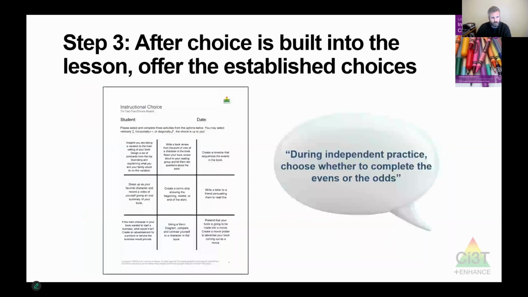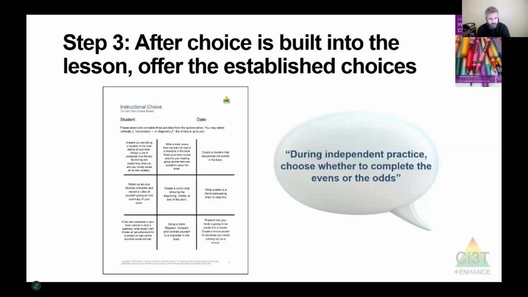Now, as we go to step 3, this is basically you, as you've planned to do, offering the established choices. Some of these I feel a little funny talking about because they're very like, okay, you came up with the choices, now ask the student what they want to do. But it's a really good reminder that all the planning in the world is great, but you've got to be ready to step into the classroom and really figure out what this is going to look like when I offer the choices. So definitely prepping some materials sometimes can be helpful.